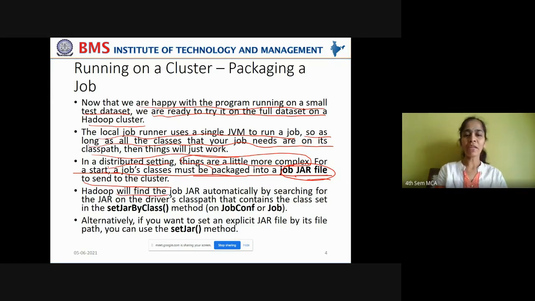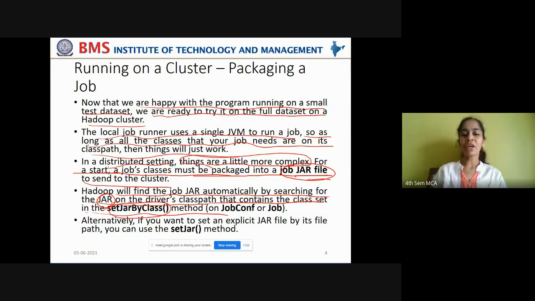Now Hadoop will find the job jar automatically by searching for the jar on the driver's class path that contains the class set in the setJarByClass method. So Hadoop will find this Java archive file automatically by searching on the driver's class path for the jar file that contains the class set in the setJarByClass method.